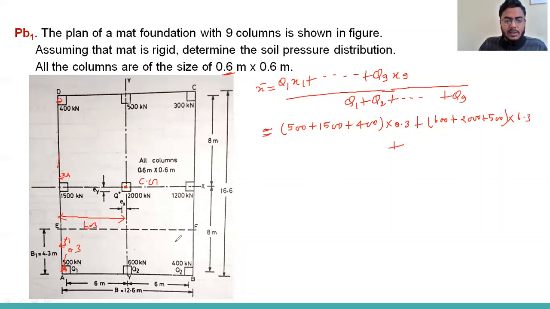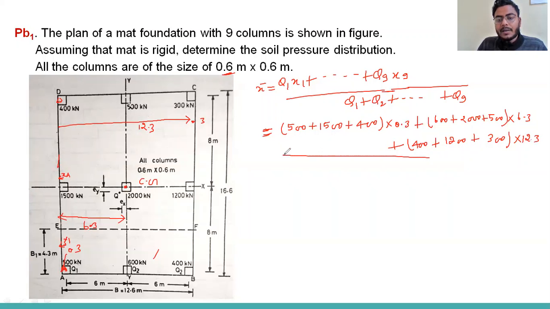Now we can calculate for the last 3 loads: 400 plus 1200 plus 300, and the distance of these loads, since the total is 12.6, will be 12.6 minus 0.3, so 12.3. So into 12.3,